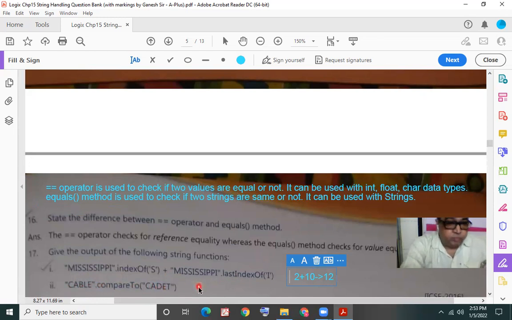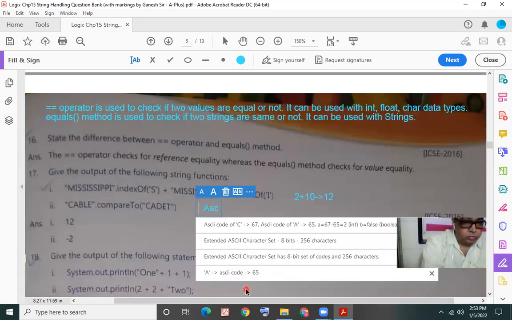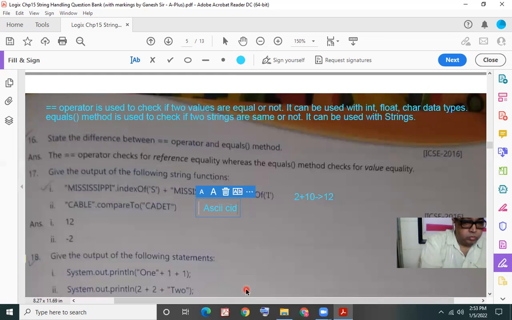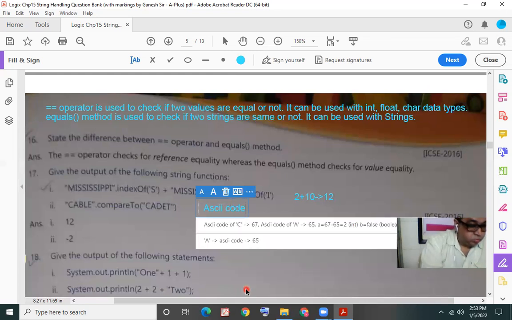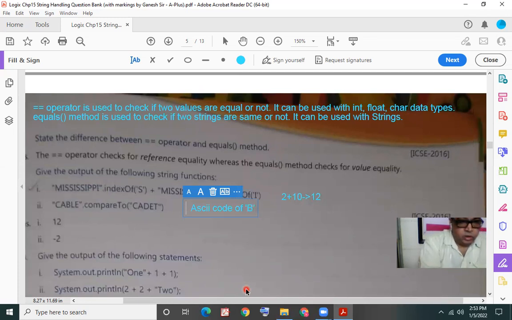I'm mentioning in the working the ASCII code of the letter capital B. Last session, I gave you the ASCII codes of capital letters as well as small letters.